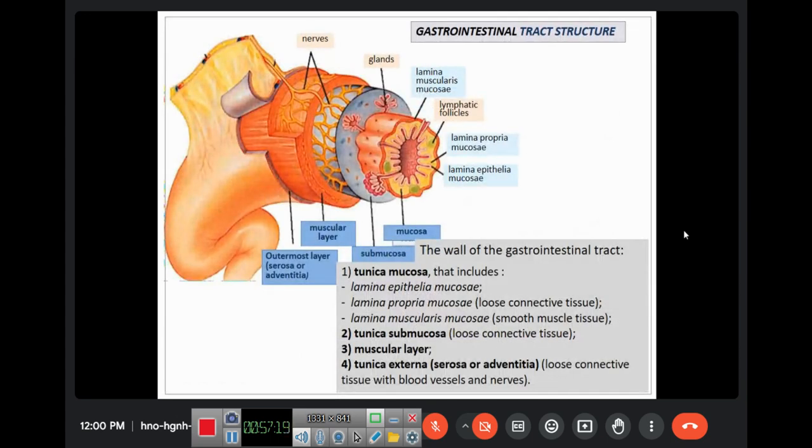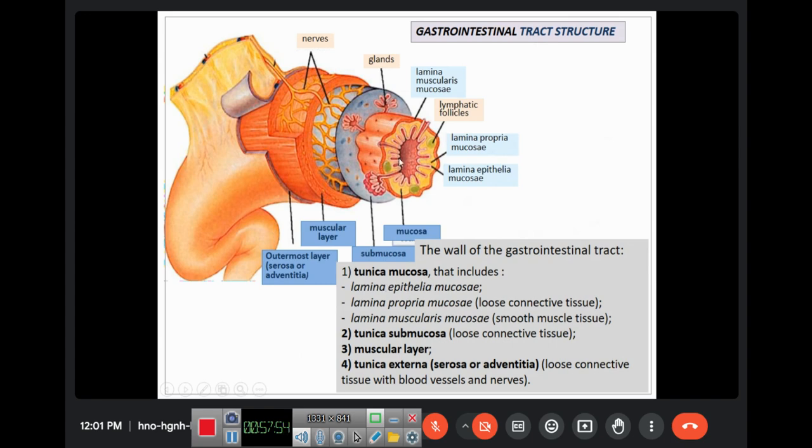Oral cavity is the first part of the gastrointestinal tract. The gastrointestinal tract is a tube which has four layers. Here you can see the structure of the wall of the gastrointestinal tract, and here you have the intestine given as an example. So the wall of the gastrointestinal tract includes the innermost layer, which is called tunica mucosa, or just